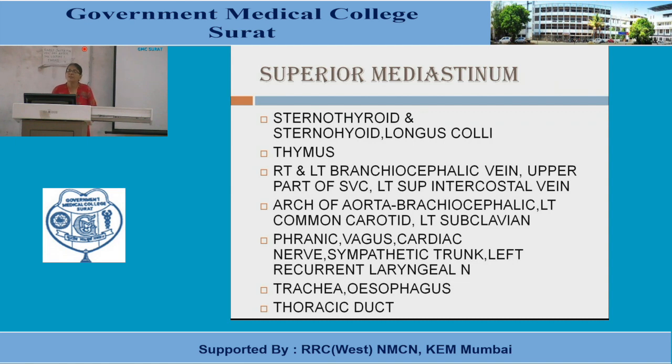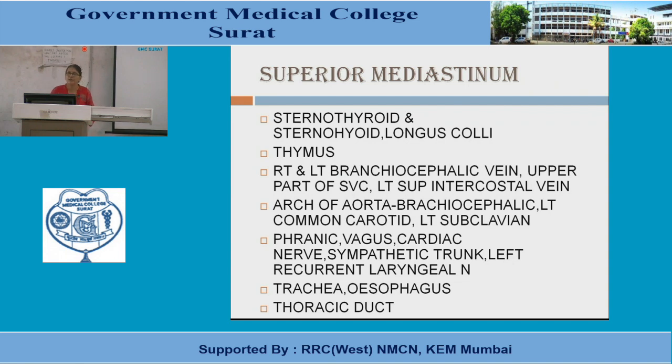They are the upper part of the sympathetic trunk that give rise to these cardiac nerves. Then the thoracic part of the sympathetic nerve is there in the superior mediastinum, and the left recurrent laryngeal nerve, which is a branch of the left vagus nerve. Not the right recurrent laryngeal nerve. You must have read in head and neck that the left recurrent laryngeal nerve winds around and takes a turn from the arch of aorta.